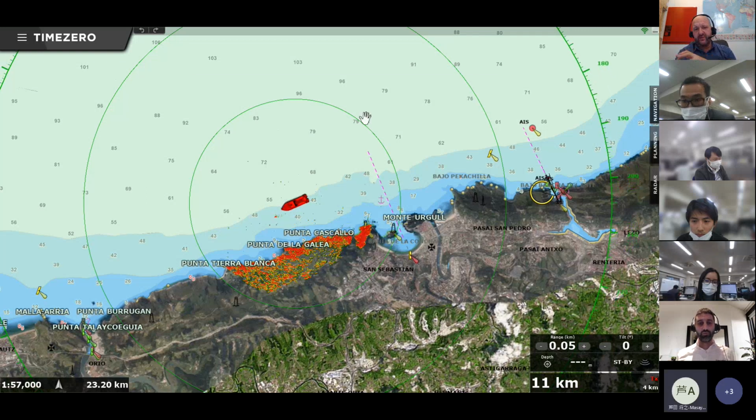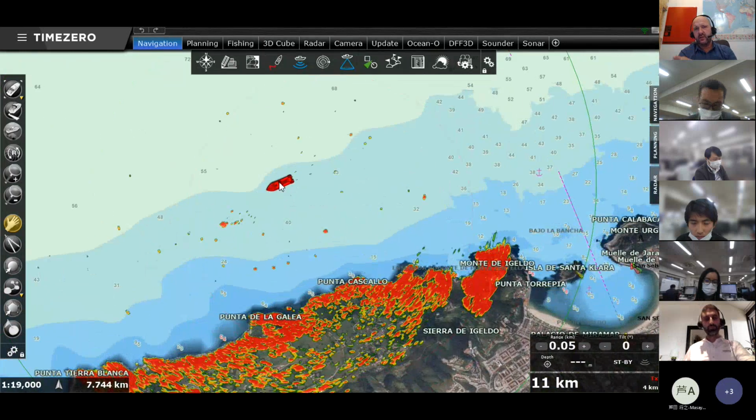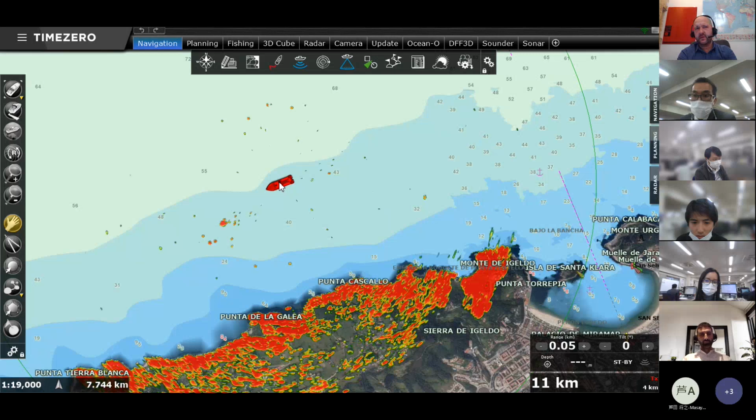What about you within Furuno radars? I mean, with regards to bird detection, do you have any specific features?